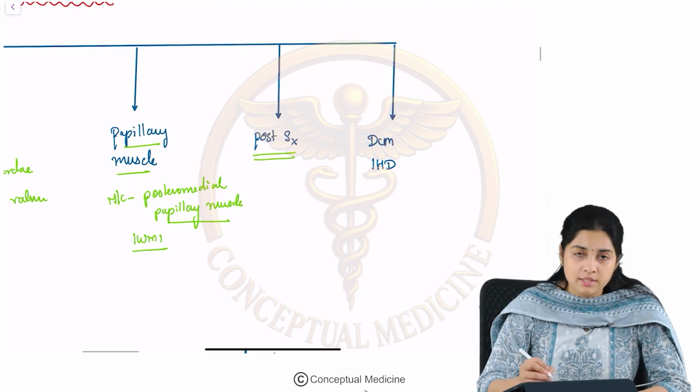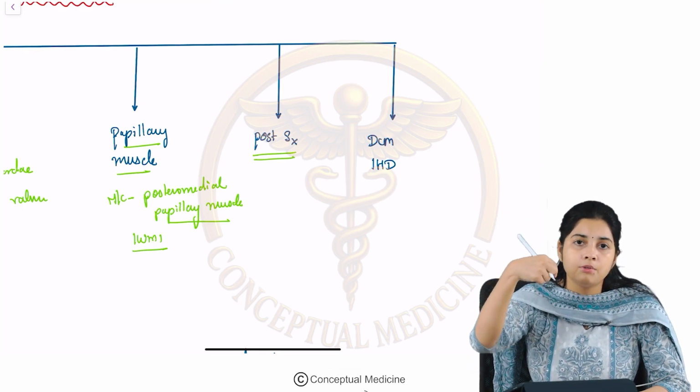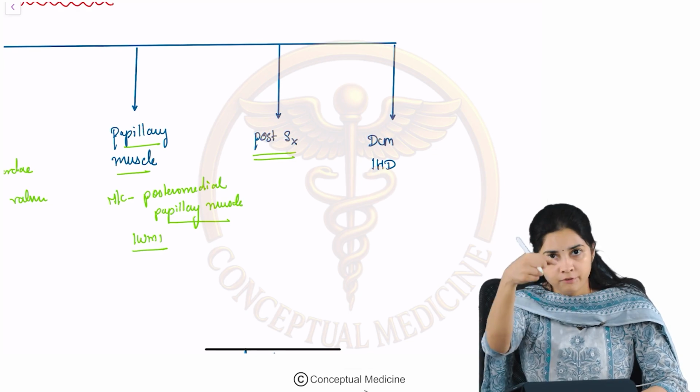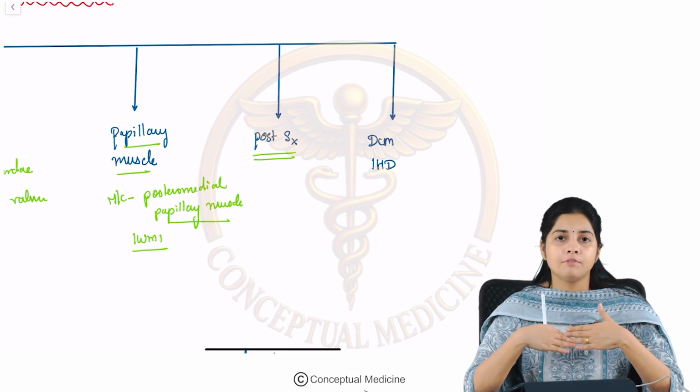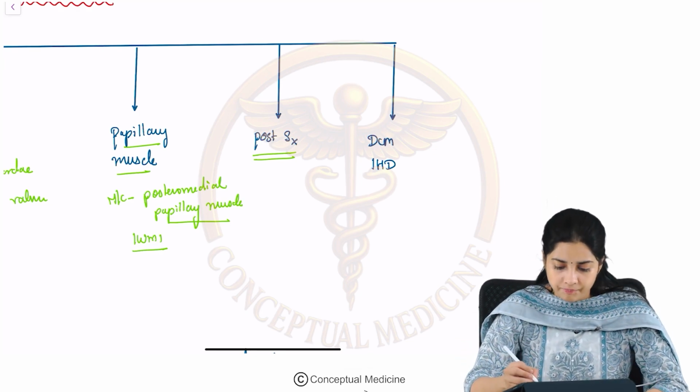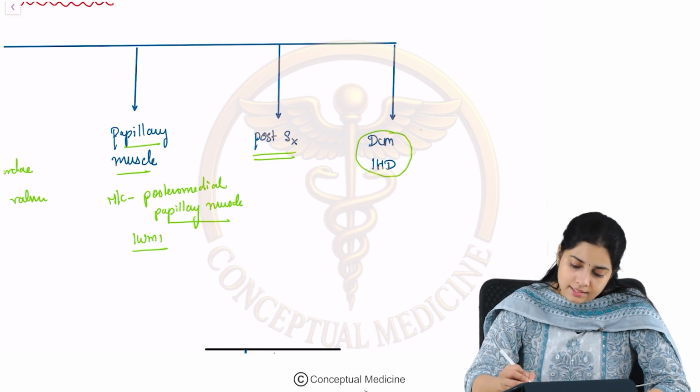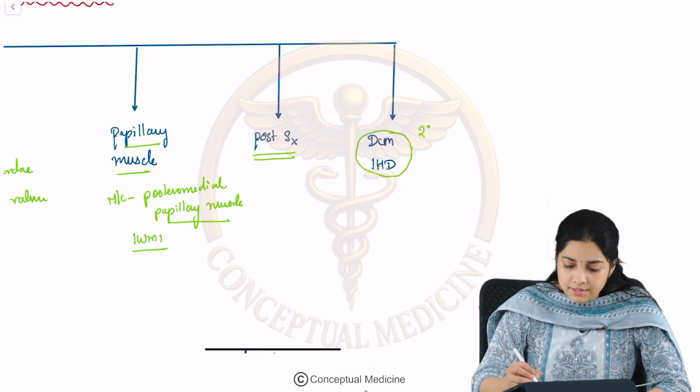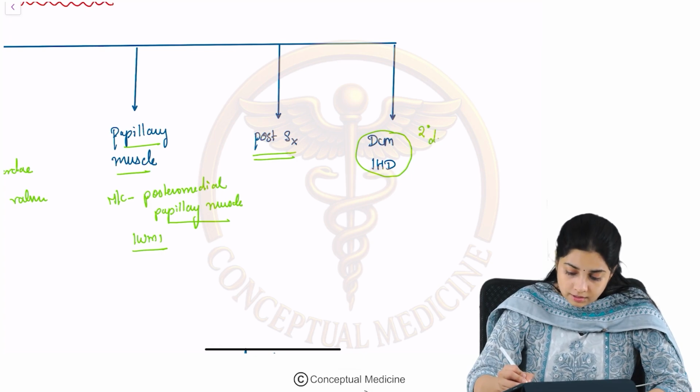Post-surgery, especially when you do a percutaneous balloon mitral valvotomy for MS, if you go too much deep, there can be rupture of the valve leaflets and there can be MR. Apart from that, there can be secondary MR. What happens in dilated cardiomyopathy? In dilated cardiomyopathy